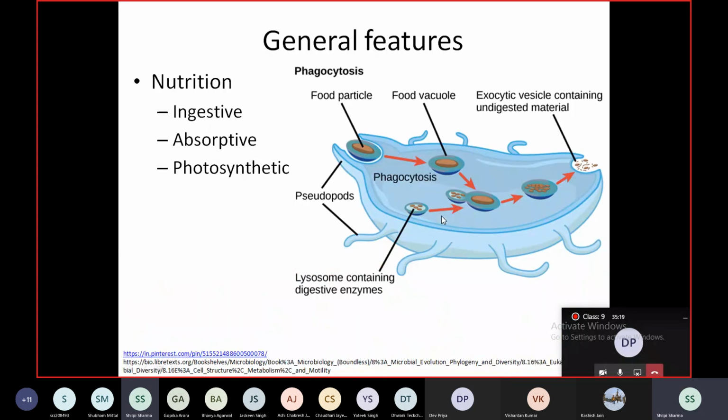Now there's a range of nutritional types also in protists. Some are photoautotrophs and are characterized by the presence of chloroplasts, while others are heterotrophic. Photoautotrophs means using light to make their own food. Heterotrophs is when they consume organic materials which are prepared by others, maybe the primary producers or the primary consumers, to obtain nutrition.